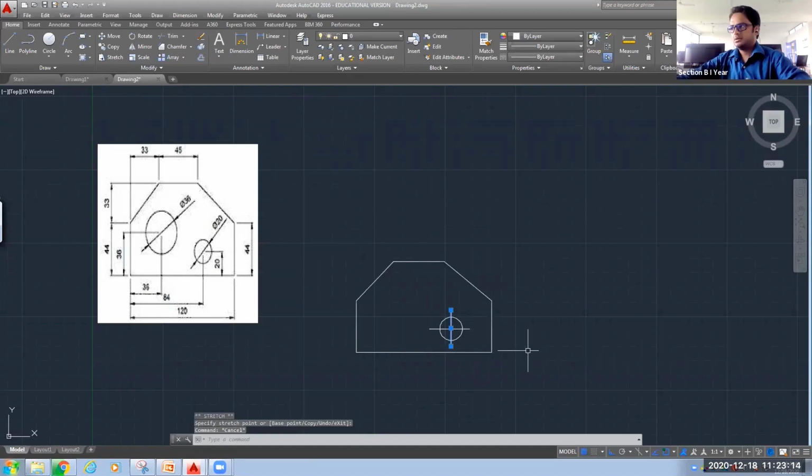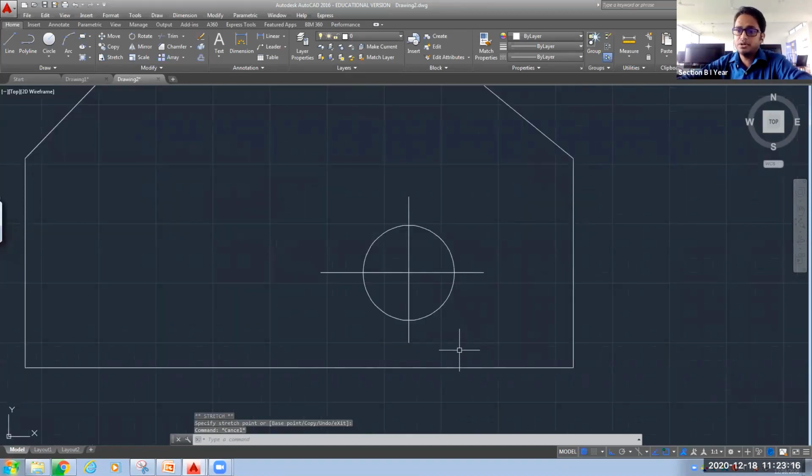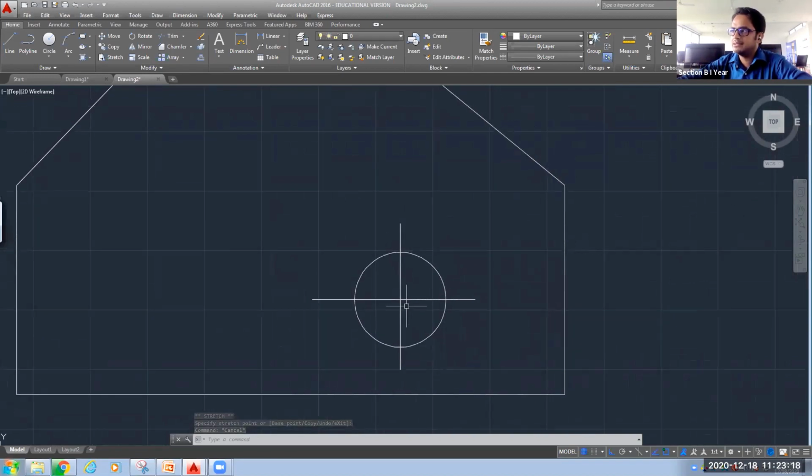Now, what is visible here is a continuous line, the same line that I was using for outer lines also. But what we have studied, we have to use a center line here. So for that, one more command is there, that is line type. So for that, pay attention to how to change the properties of any entity. Okay, suppose this is your line, you can call it any entity or any object.